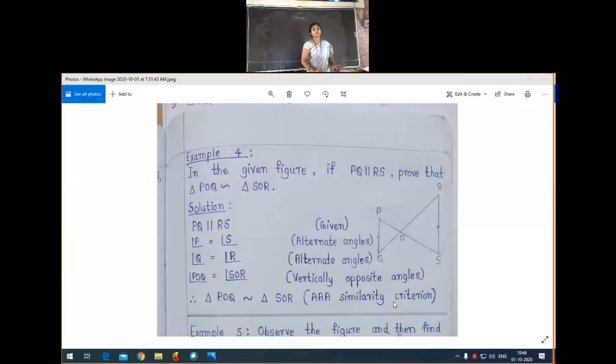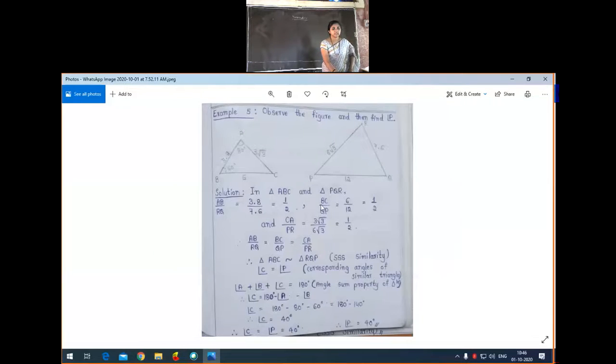Okay, now I think you have got the clear picture of how to apply the similarity criterion like congruency. Got the idea, no? Okay, so we'll go to the next problem. After discussing two or three problems, we'll give time for doubts. Anyhow, you are not asking any doubt, no? Yes. Here we have the Example 5 problem. So is it clear? Yes.